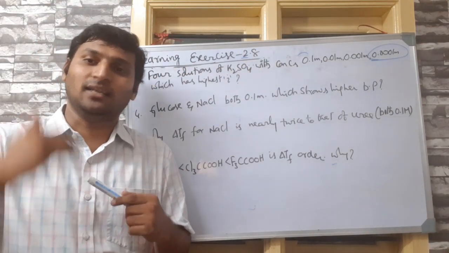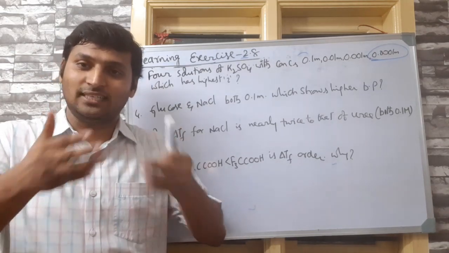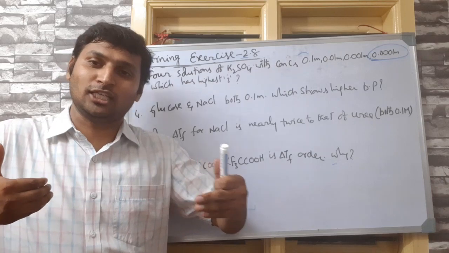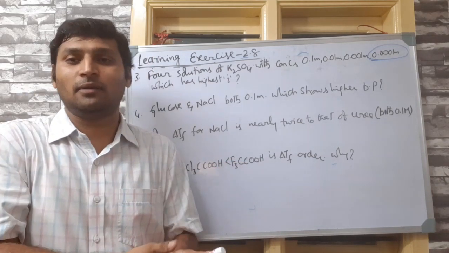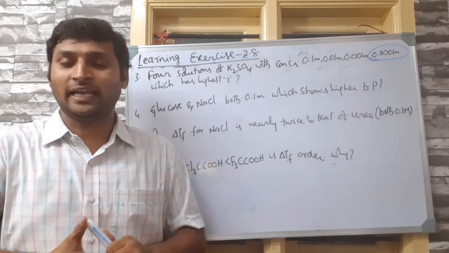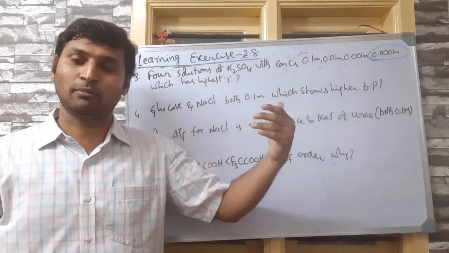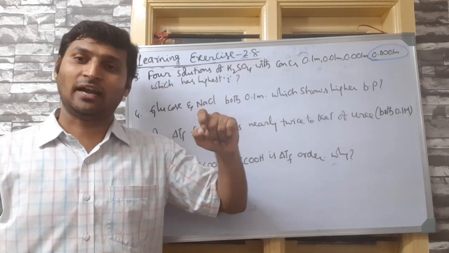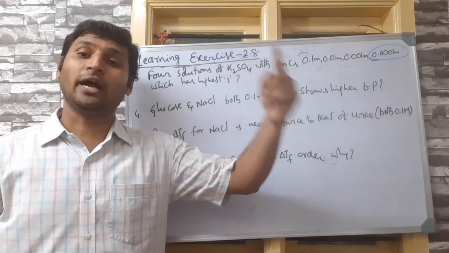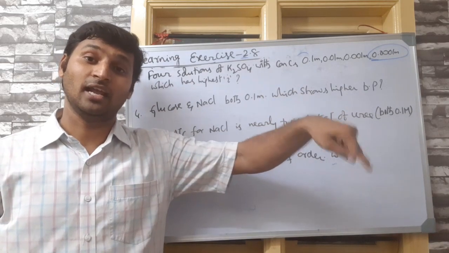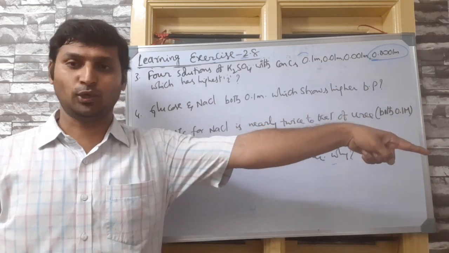As dilution increases, interionic interactions decrease and dissociation approaches 100%. When dissociation approaches 100%, the Van 't Hoff factor value also increases. Just now I gave you a similar example. Sodium chloride, 0.1 molar, shows a Van 't Hoff factor of 1.87, 0.01 shows 1.94, 0.001 shows 1.97. That is closest to 2. If it is 100% dissociation, it would be equal to 2.